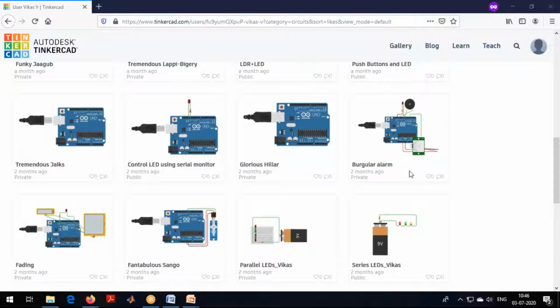Do one thing, you share your screen. Else I'll give you the remote control. Once you request keyboard and mouse control, sir, I'll give it to you so that you can directly control.